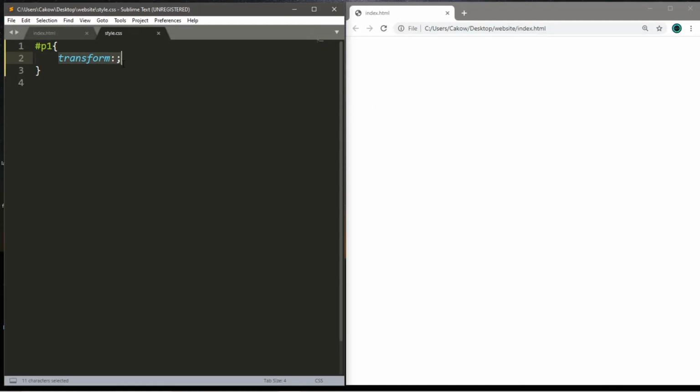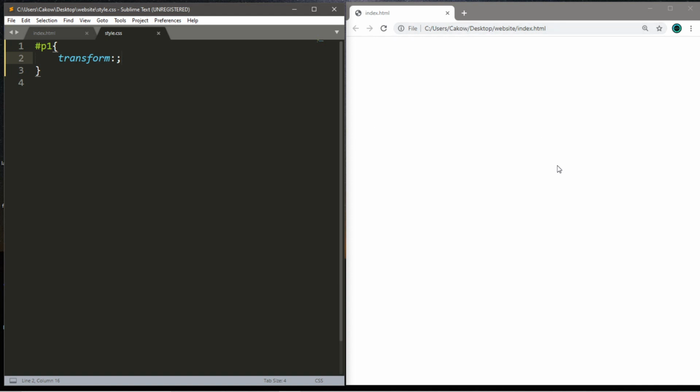Transform is a CSS property that can be used to apply a two-dimensional or three-dimensional transformation of a base element. We can transform elements by making them rotate, move, skew them, or increase or decrease the scaling of its dimensions. So transformations is something we'll want to learn before we get into animations, where we might apply transformations over time.